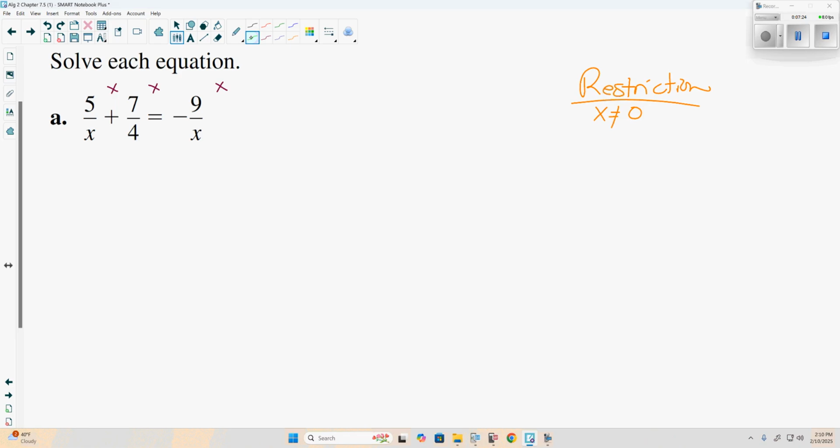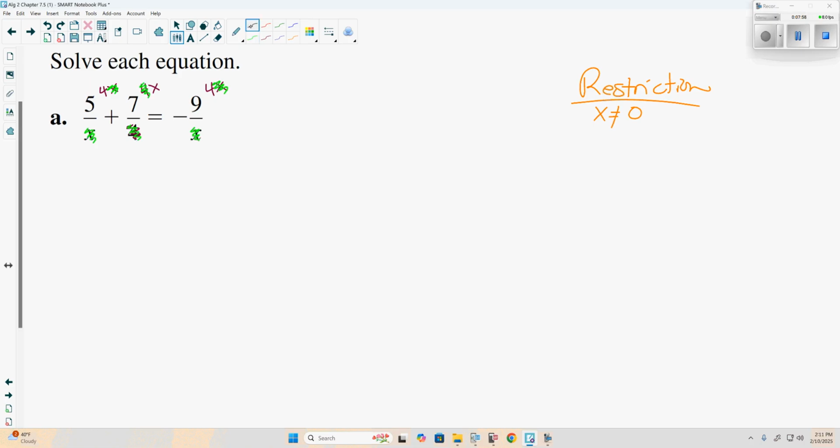If I multiply through by a single x, this first x here and this x will simplify out completely. In the middle, the 4 and the x won't, but in our last one, the x and x will. So here we only needed a single x. Anything else left in the bottom of the fraction? 4. So we also need to multiply the whole thing by 4. And in the middle, the 4 and 4, there we go,